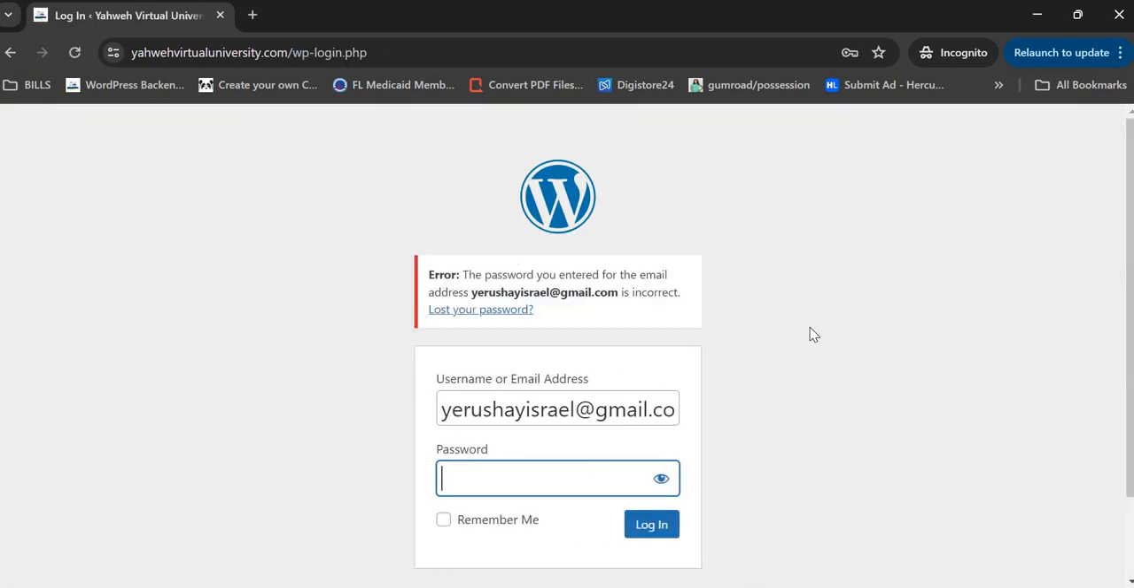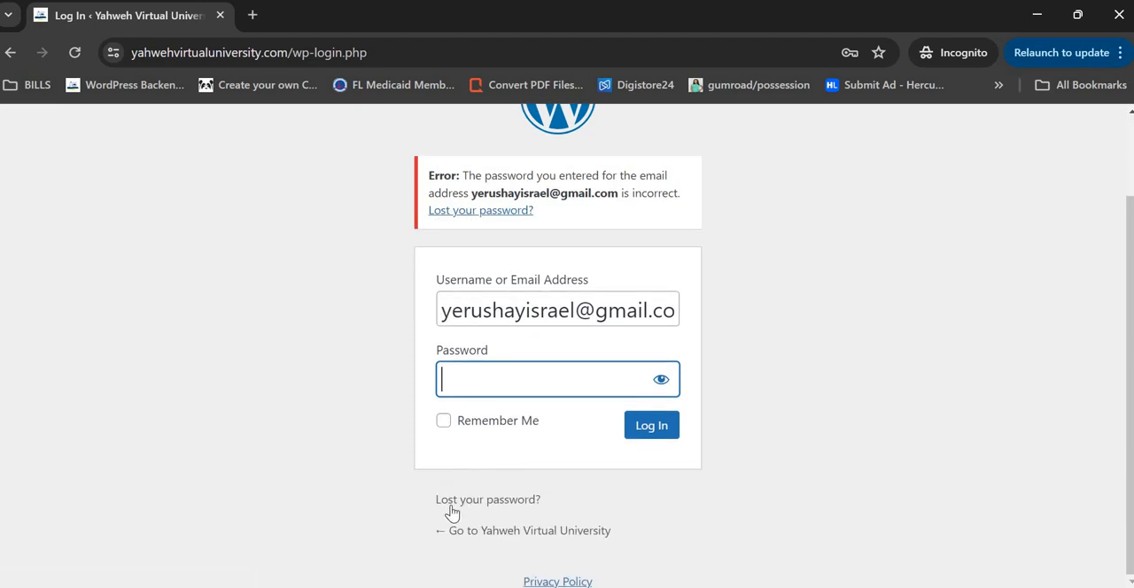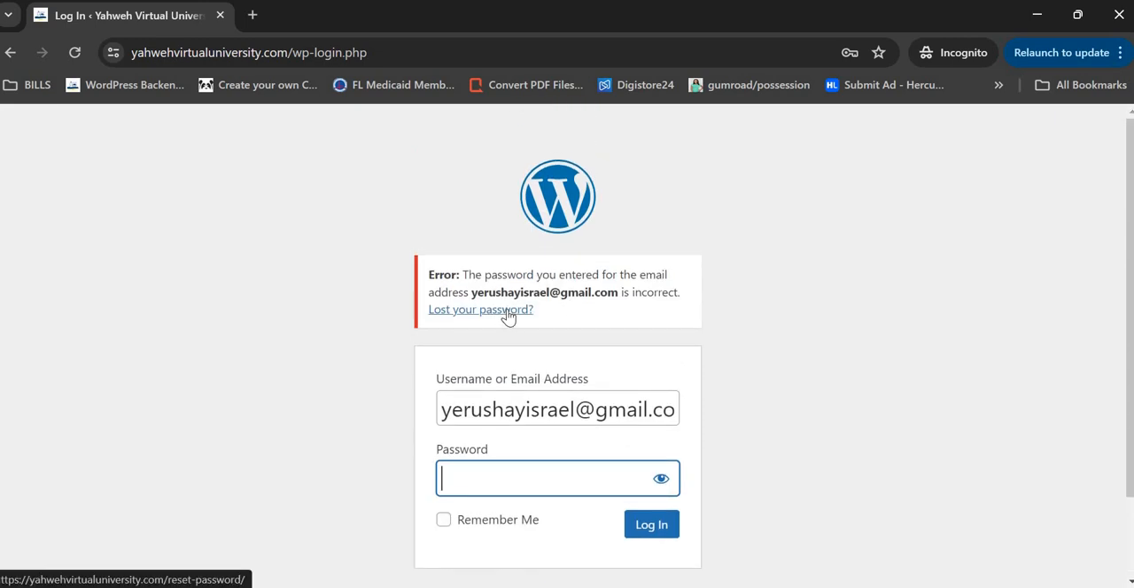you will see a page like this come up. It will say the password you entered for the email address YerushAYisrael@gmail is incorrect. Now you can try it again if you remember it. But if you don't remember it, don't worry, family. Go to Lost Your Password. You can click the link here, Lost Your Password, or it's also down here, Lost Your Password. Click that link,